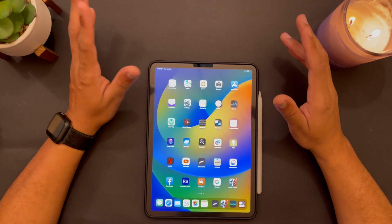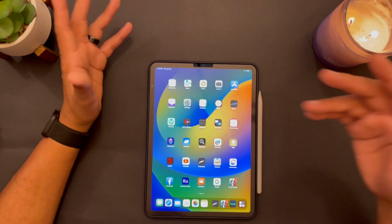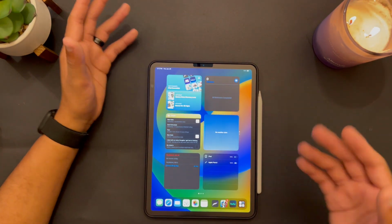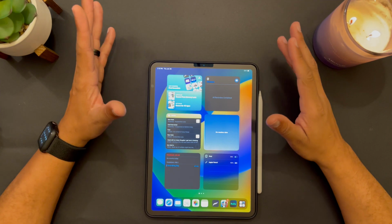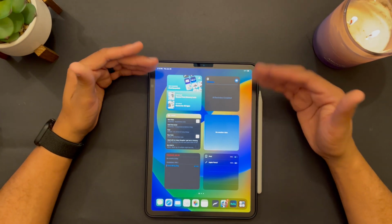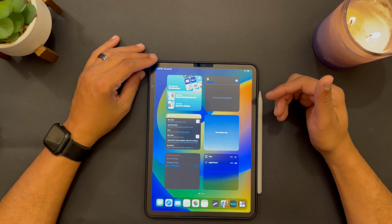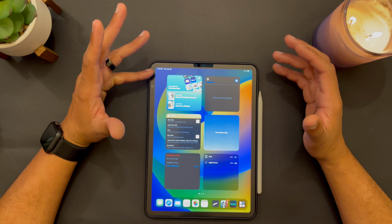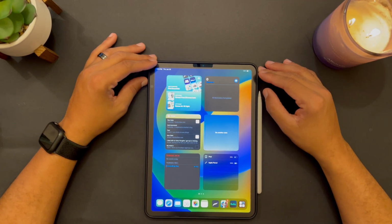Also, as far as, like I said, with the poetry and everything like that, and videos, watching movies and things. Now, don't get me wrong. As I said, I love my iPad mini. Watching movies on the iPad mini was great for all the reasons that I stated. I did a video about the iPad mini 6 and I explained videos are great on that. It's way more portable. You can take it anywhere. You can set it up anywhere. It's so small. So it's great to watch movies on that small form factor. But